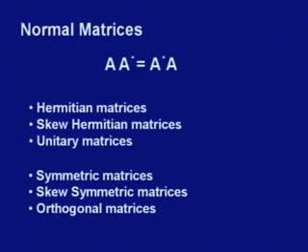Now this is the case when we are talking about complex matrices. But when we have real matrices, the bar has no meaning in the case of a symmetric matrix. So A bar transpose is equal to A transpose, and they are the same. Similarly, one can prove that skew symmetric matrices are normal matrices, and orthogonal matrices are also normal matrices.